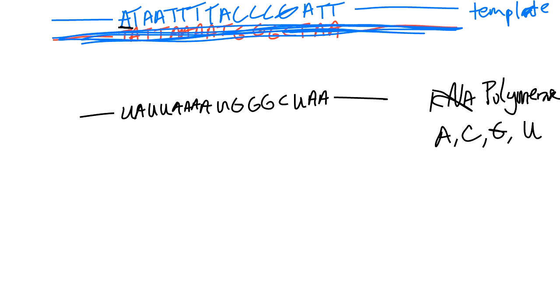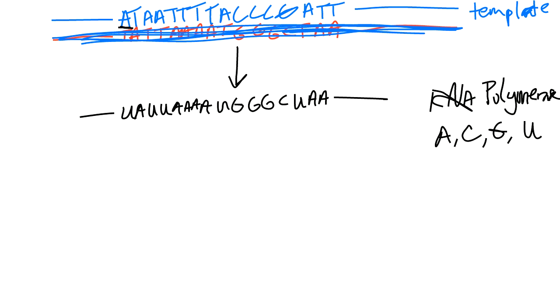M standing for messenger RNA. Why messenger? Because it's carrying the message that's found in the nucleus on the DNA out to the ribosome where it can then be translated into protein. Okay, so this would be our messenger RNA, but something has to happen to the messenger RNA. It's not considered mature at this point, it can't leave the nucleus.